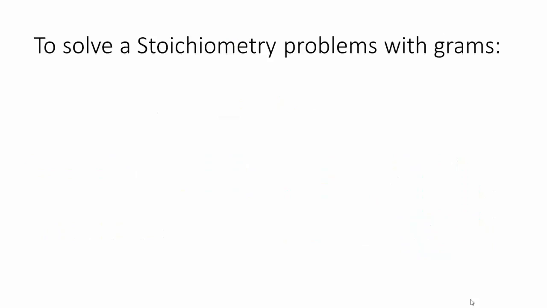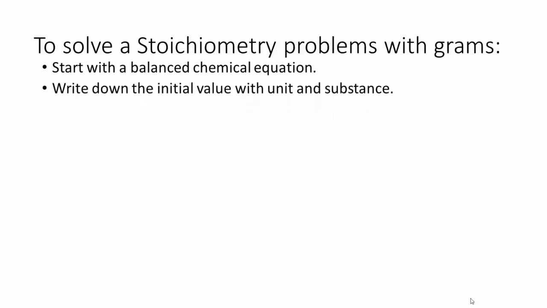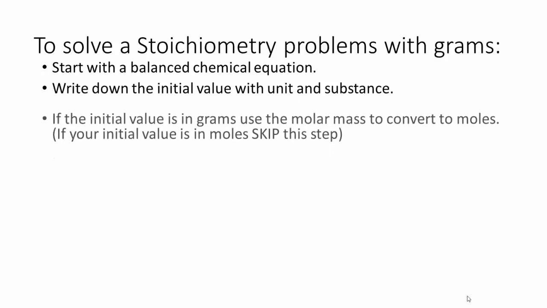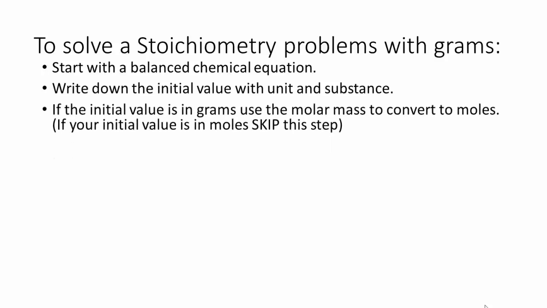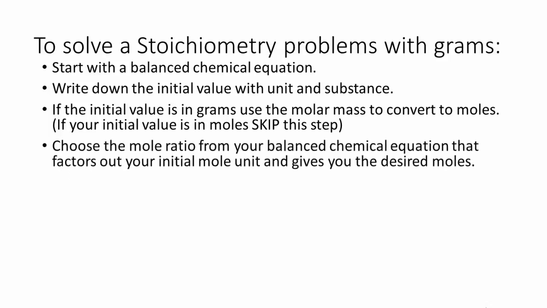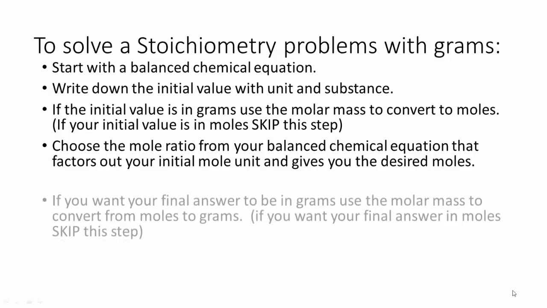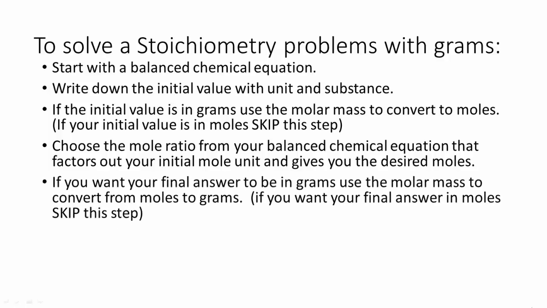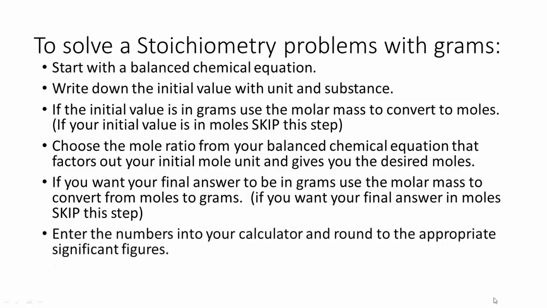So to solve a stoichiometry problem with grams, you're going to start with the balanced chemical equation. You're going to write down our initial value that we're converting from with the unit and the substance. If that initial value is in grams, we can use molar mass to convert it to moles, but we don't need that if it's already in moles. We're going to then use the mole ratio from the balanced chemical equation to factor out our initial mole value and give us our desired moles. If we want our final answer in grams, we're going to use the molar mass to convert from moles back to grams again. Then you can grab a calculator, crunch the numbers, and round to the appropriate significant figures,